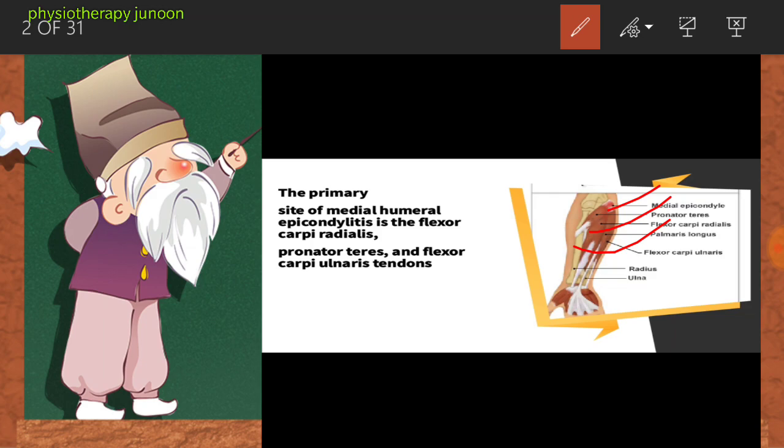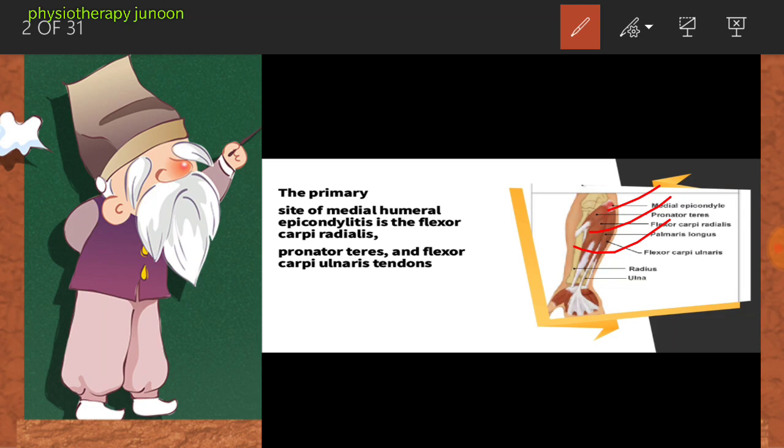Okay, what are the types of symptoms present? The patient will usually complain of a nagging ache at the elbow and anterior forearm. This is worse after activity or occasionally on certain activities. They will also complain of sharp pain, more clearly localized to the anteromedial aspect of the elbow.